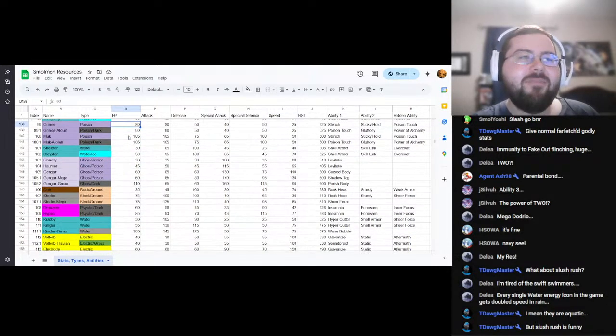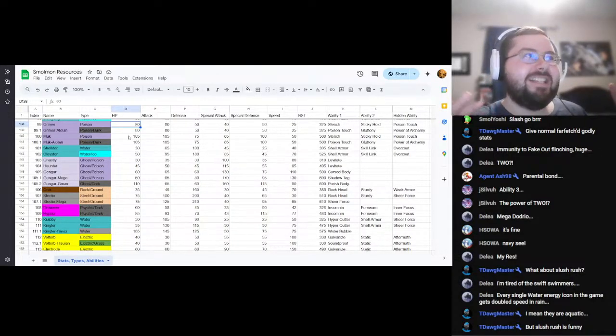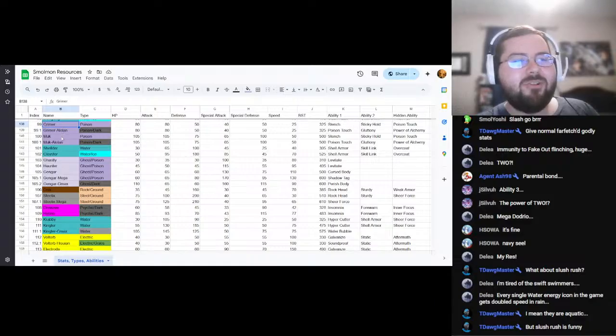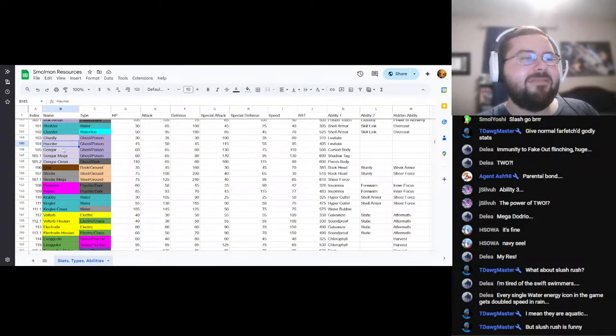Alright, Grimer! Did I buff Grimer? Alright, we have another big time skip on our hands. So, I did not buff the Grimer line. I did not buff the Muks. I didn't buff Shellder or Cloyster. I didn't buff Gengar. I didn't buff Mega Gengar. We get to talk about